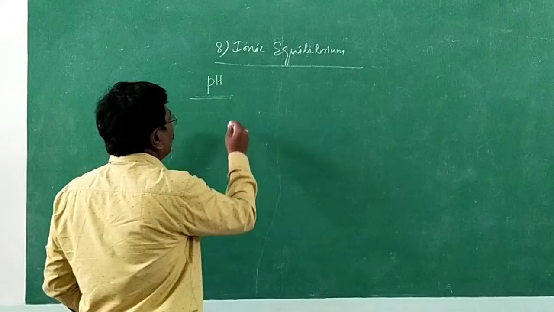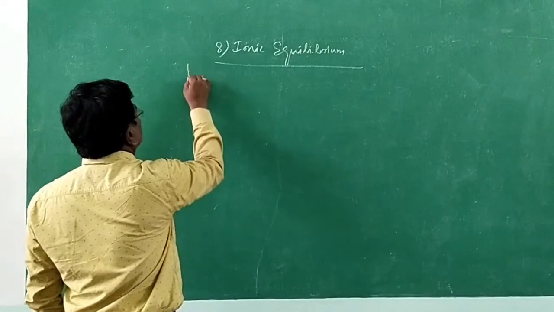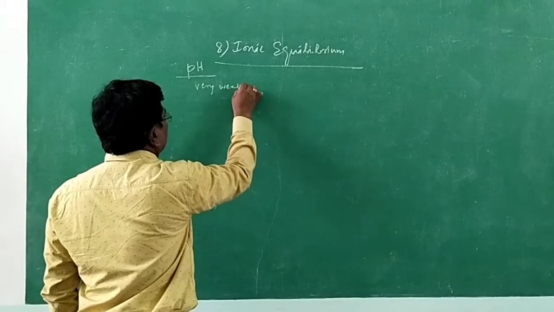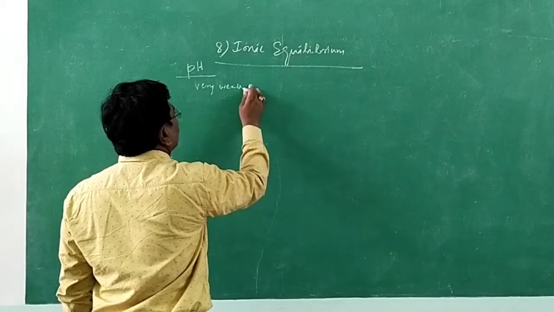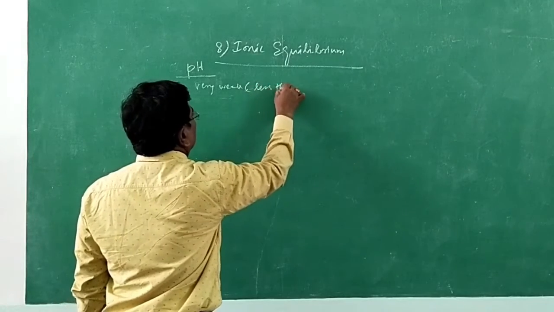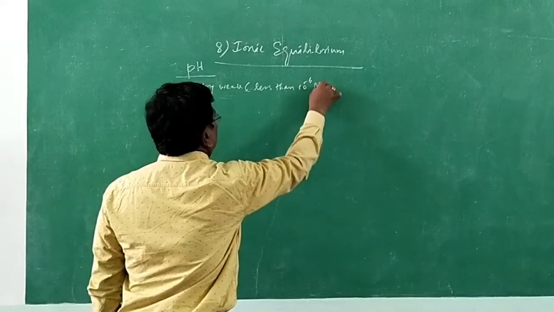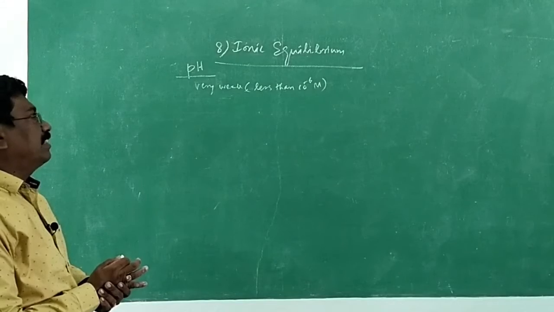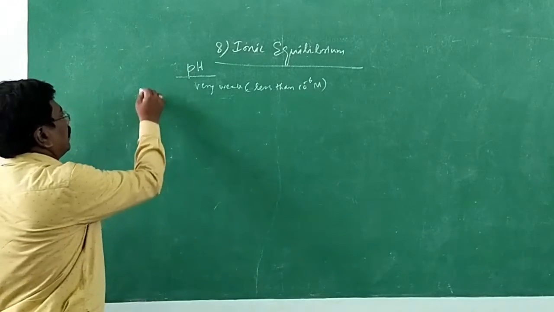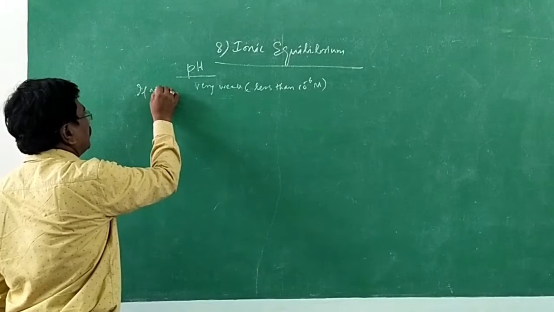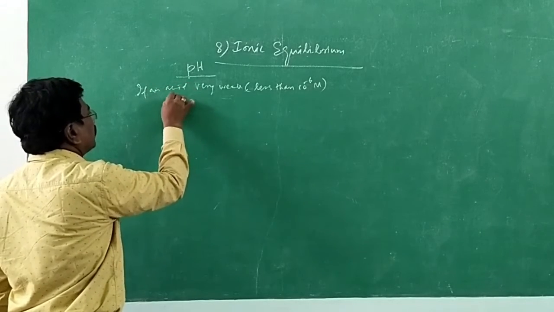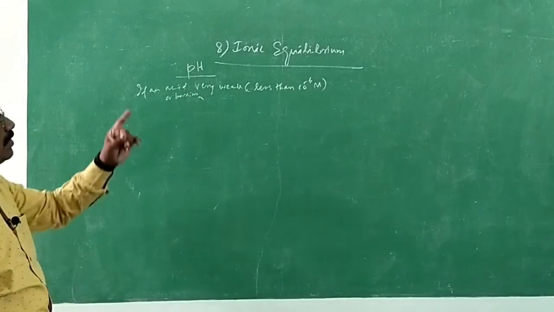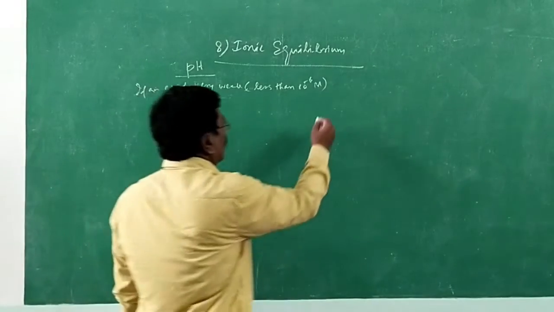If a solution is very weak, let me give a few points. If a solution is very weak, in the sense less than 10 power minus 6 molar. Less than 10 power minus 6 molar means of the order of minus 7, minus 8 like that. If an acid or base is very weak, that is less than 10 power minus 6, then